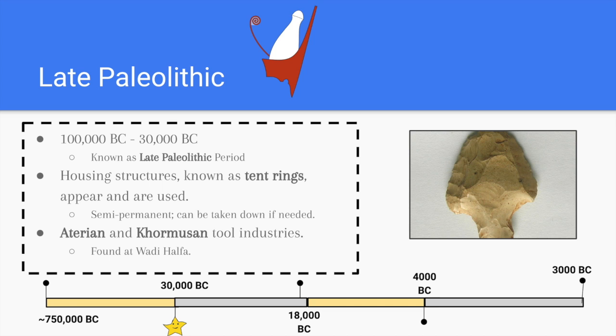And now during this time period, we're seeing Assyrian and Cormusan tool industries found at Wadi Halfa in Egypt. So when I talk about tool industries, I'm not talking about an industry like a factory. I'm talking about a grouping of tools that are quite similar and have a similar cultural institution to them. So the two at this time were the Assyrian and Cormusan,